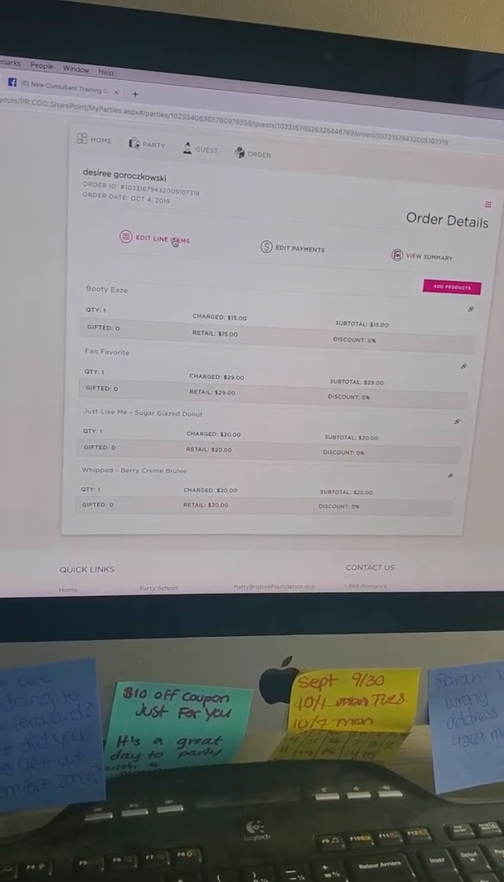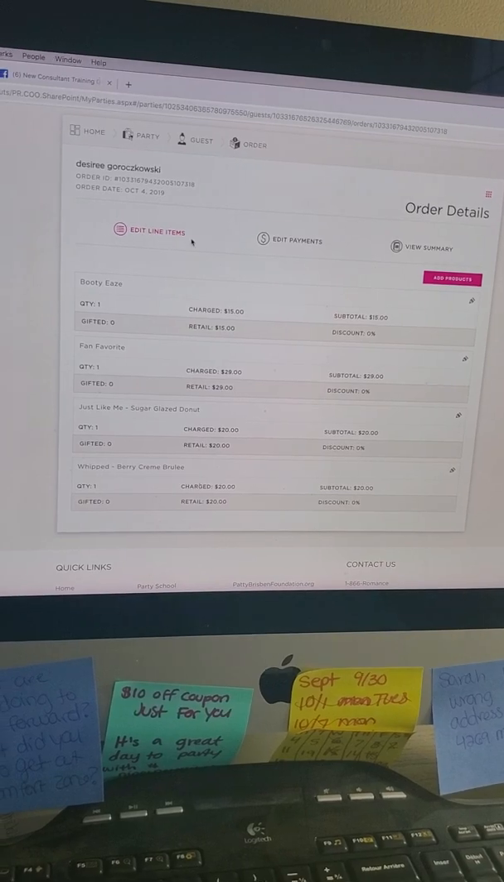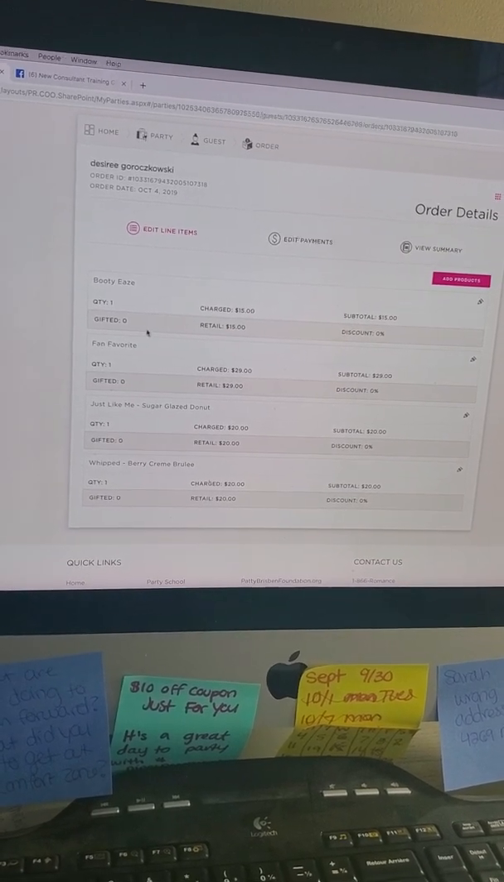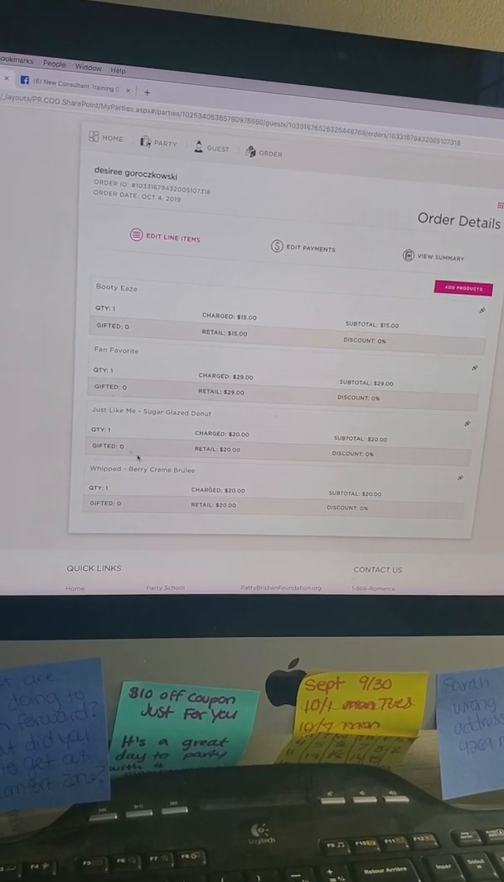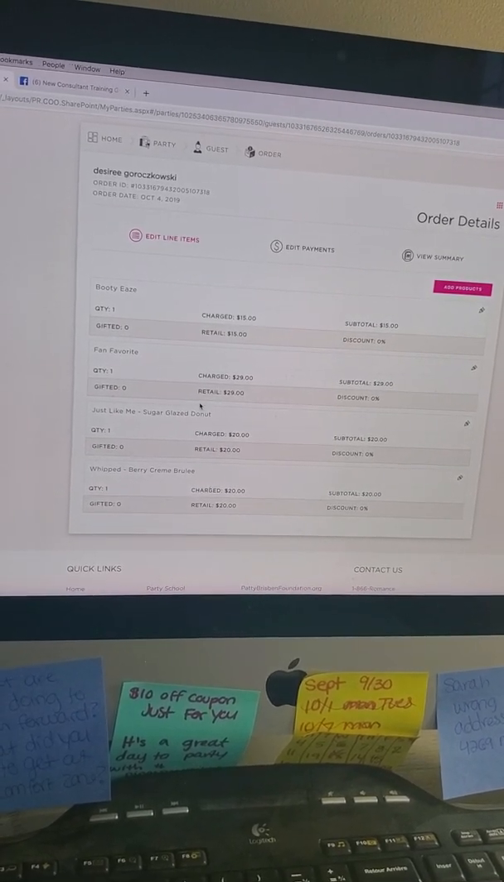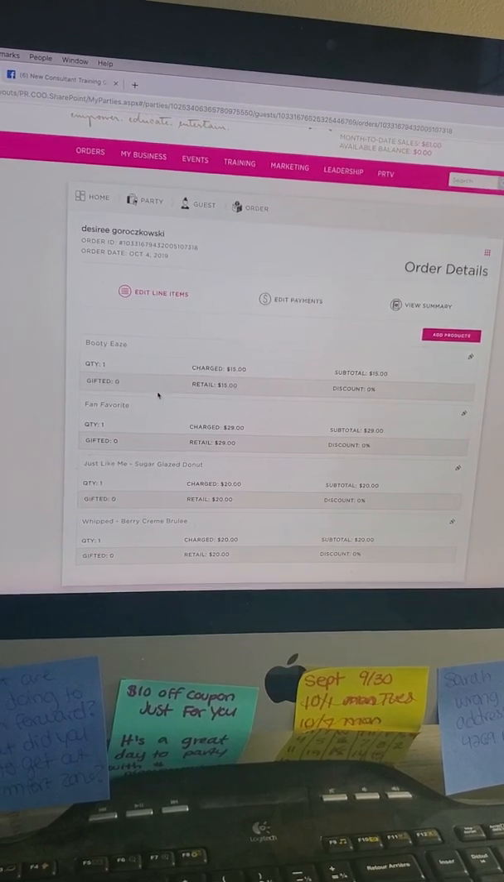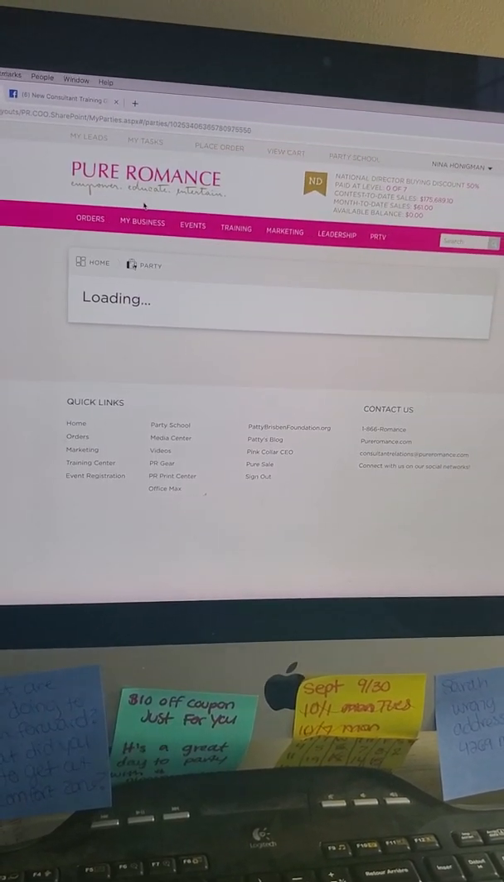So I can also see this edit line items. These are the items that she ordered. She got Booty Ease, Fan Favorite, Just Like Me, Whipped Berry Creme Brulee. And this is going to really just keep track of just this customer's order, okay? If I click back to the party button,